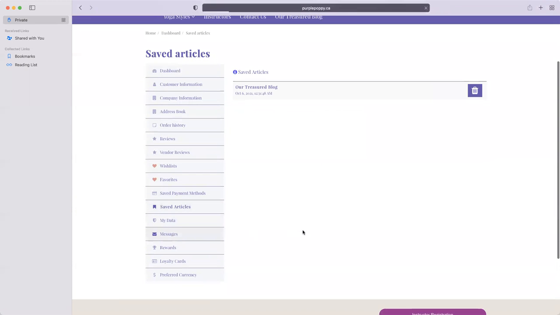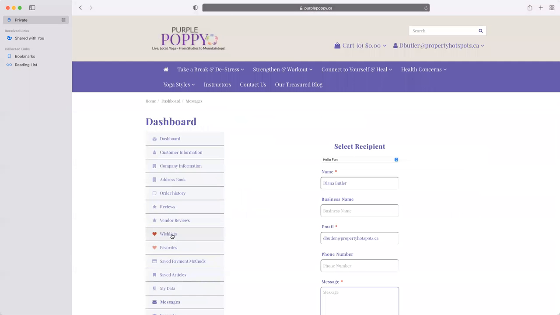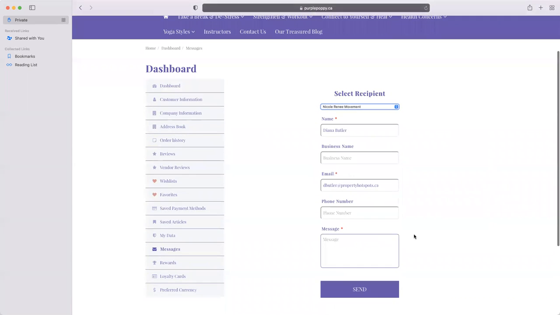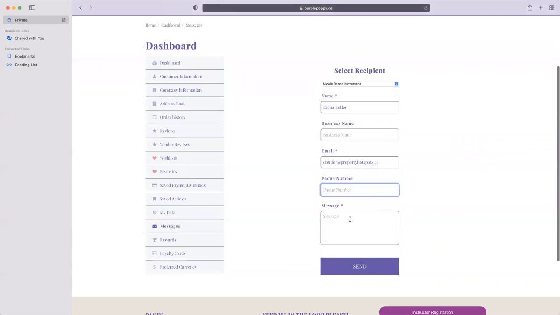If you would like to communicate with the instructors, you will simply click on the messages button and indicate here which instructor that you've previously booked with that you want to communicate with. These are for instructors you have already a relationship or booking with. So you would simply select the name of the instructor. Your information is automatically populated. You can include your phone number if you'd like them to call you, and you can then indicate what your message is and send them a message